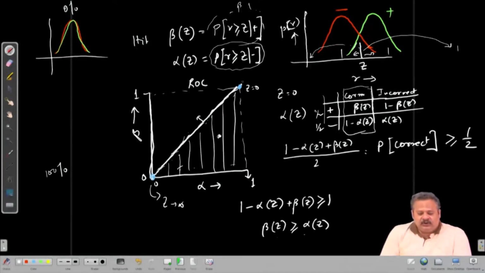But as soon as we have some value of z that is greater than 0, then in the 100% case we should be able to make a perfect decision. So, in the case where we are making 100% correct choices all the time, the curve should be along this line,